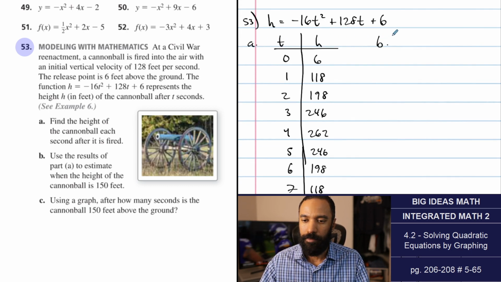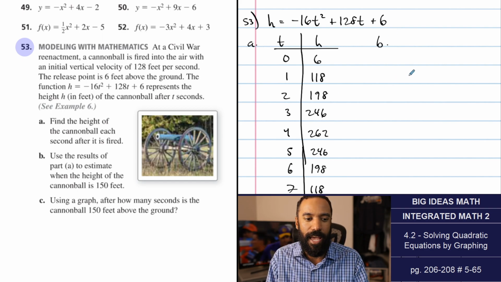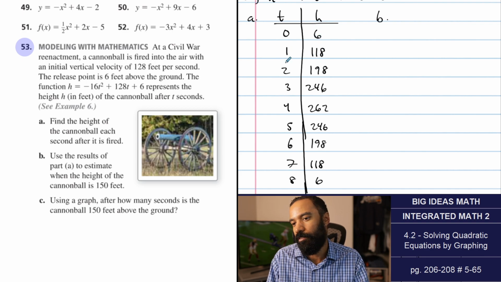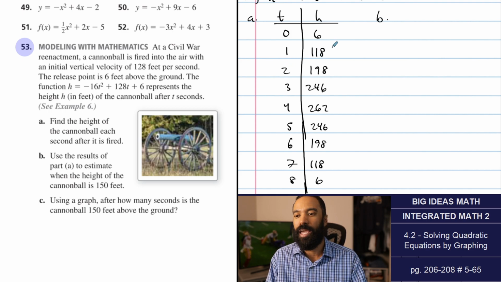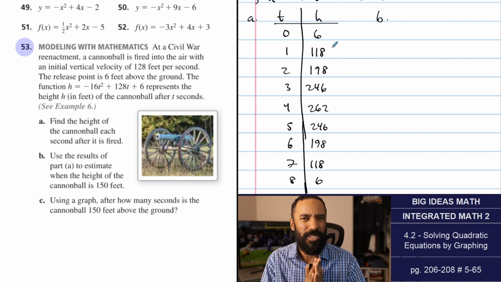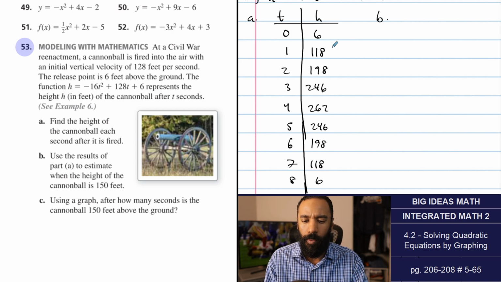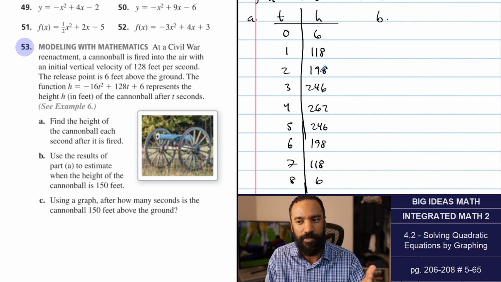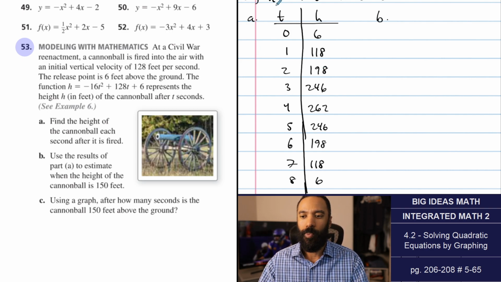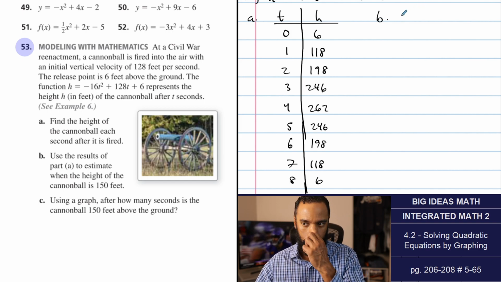Part B. Use the results of part A to estimate when the height of the cannonball is 150 feet. Now, there should be more than one answer because it goes up past, from time 1 to time 2, it goes from 118 to 198. Somewhere in between, it's going to hit there. Now, 118 and 198 are both almost the same distance from 150. 118 is 32 feet from 150. 198 is 48 feet from 150. So between 1 and 2,